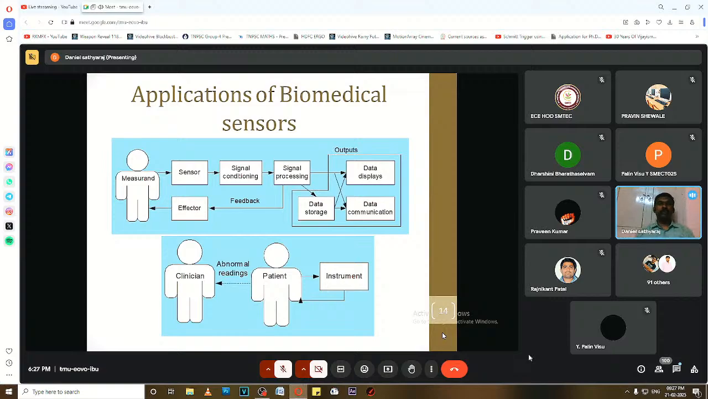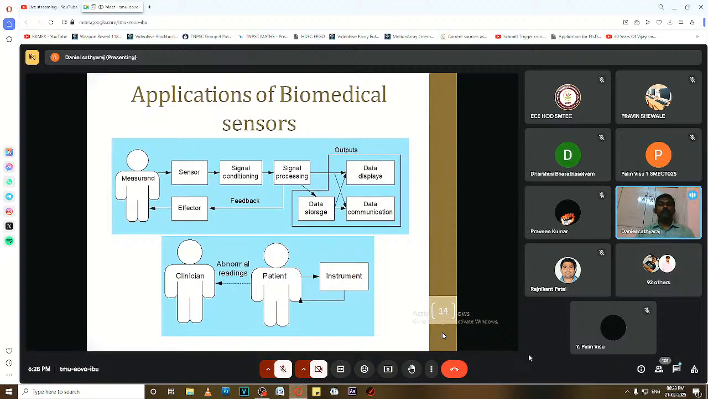Normally the biomedical sensors are used like this: a measurement will be there, a sensor will be there, and after that the instrumentation part, where signal conditioning and processing has to be done, the data displayed, communicated, and also stored. Based on that, the professional will read the data, and if there is any abnormal reading from the instrument, they can find it out and the needed treatment can be done. It is one way of doing it, but it is not necessarily only for a hospital setup or a patient alone. This type of biosensor is used